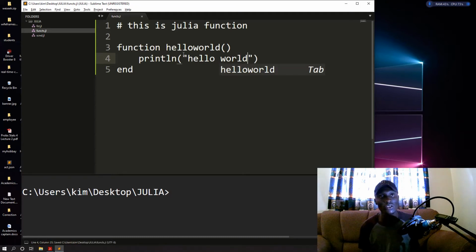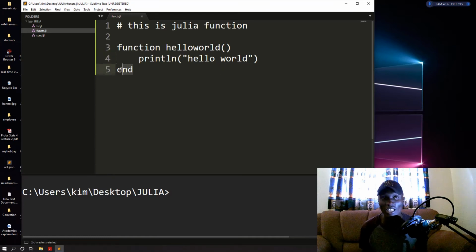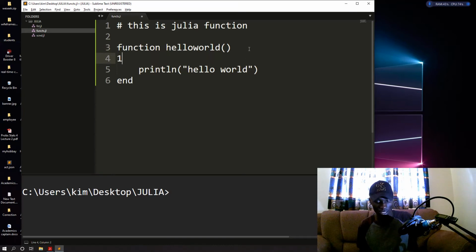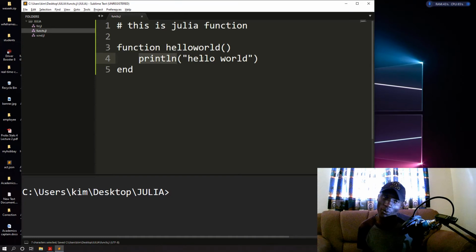hello world. You see guys, every block in Julia, not only functions, you have to end with an end statement. So when you are making a function, you write function, which is a keyword, then the name of the function, and then these brackets, and then all the code that you want to be executed inside the function over here. In this case, we are only printing hello world. We could do something like 1 plus 1 over here, but that would be part of the code. As of now, we are doing only print hello world.